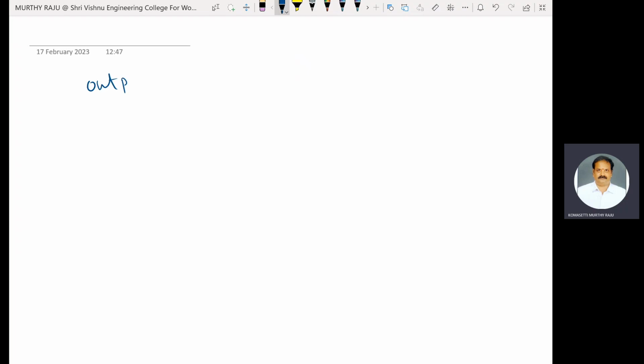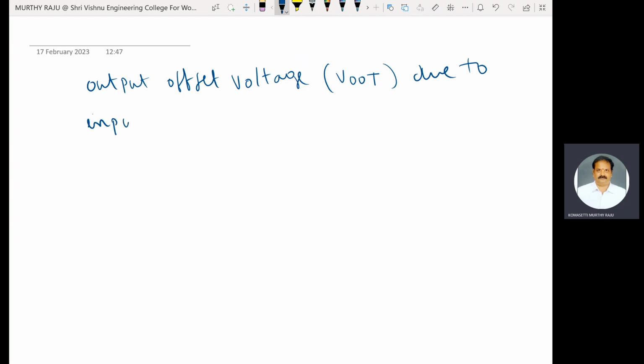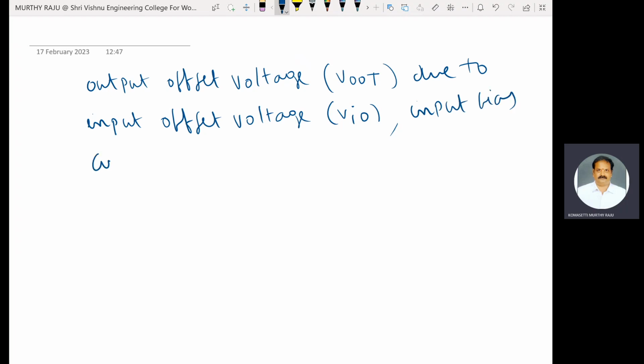Output offset voltage VOO, total output offset voltage due to input offset voltage VIO, input bias current IB, and input offset current